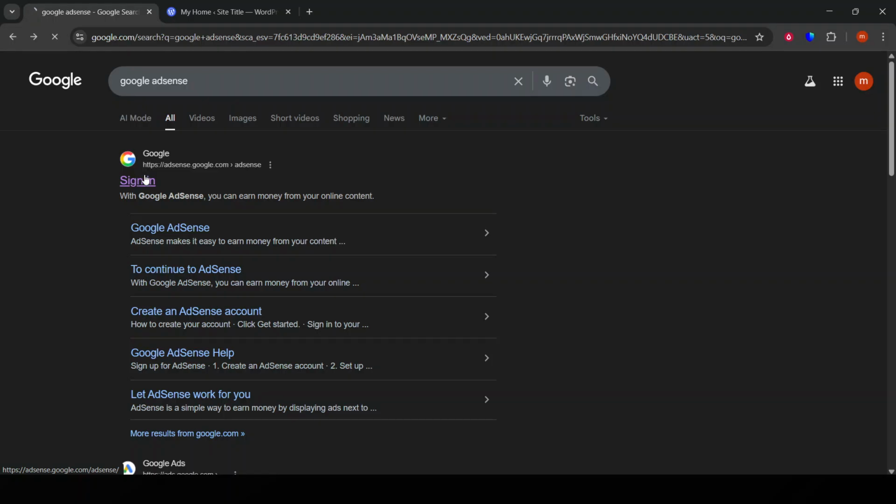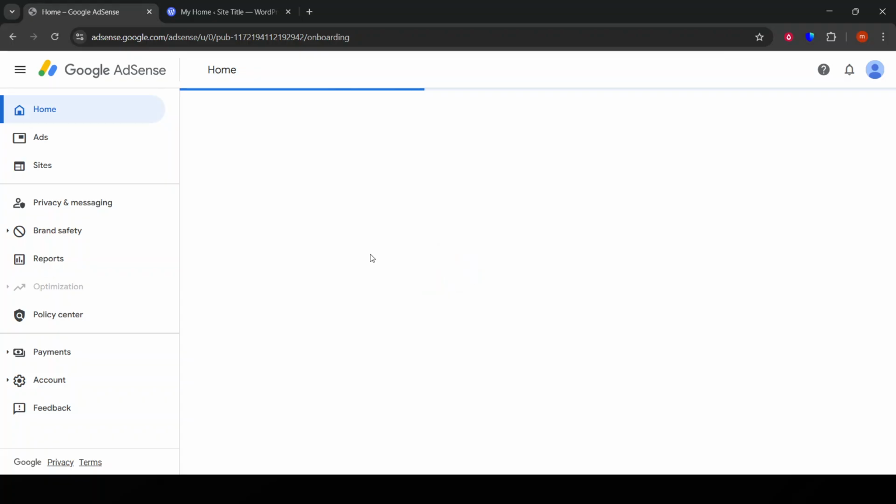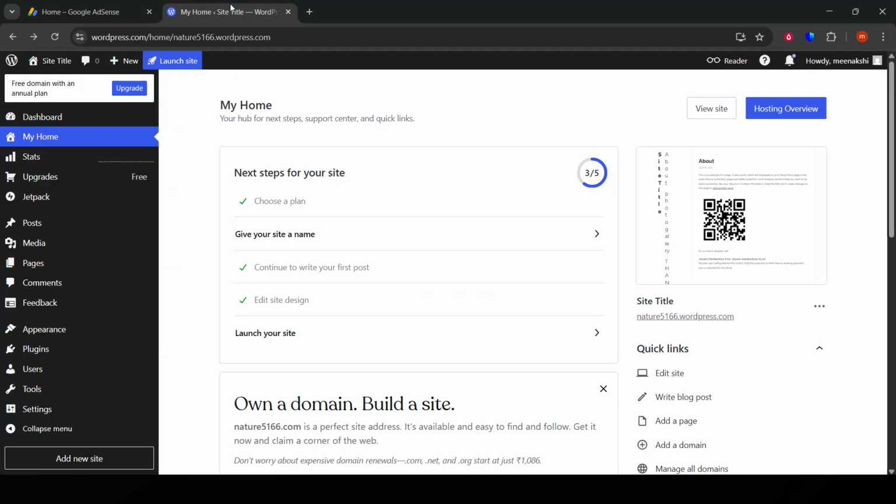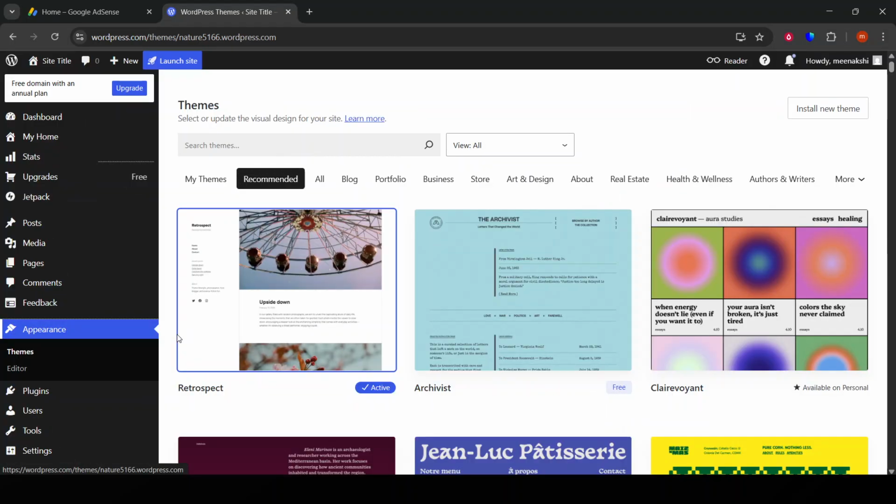Next, log into your WordPress dashboard. Navigate to the theme section, where you typically manage your website's appearance. Here, you'll want to find and activate a widget-ready theme if you haven't already, as this will make it easier to place ad units in various parts of your site. A widget-ready theme offers flexible areas for you to insert custom code or plugins without needing to dive into any